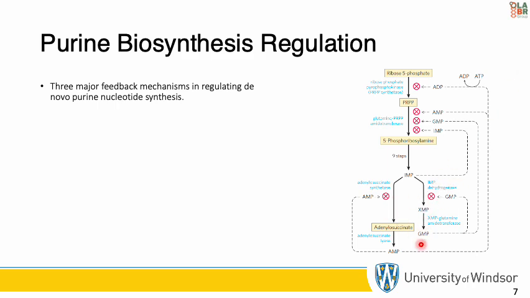In the second control mechanism, exerted a little bit later, excess amounts of GMP in the cell inhibit formation of xanthylate. And we remember xanthylate is one of the intermediates from IMP to GMP. So it inhibits the formation of xanthylate from IMP by IMP dehydrogenase. You can see right here we have IMP dehydrogenase.